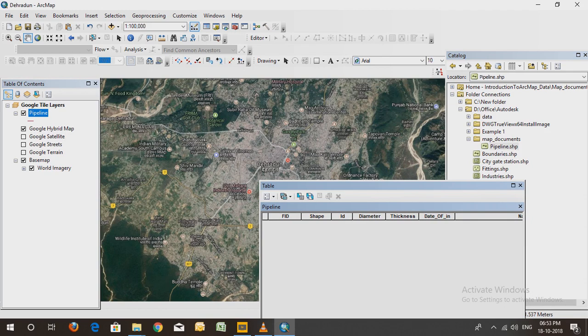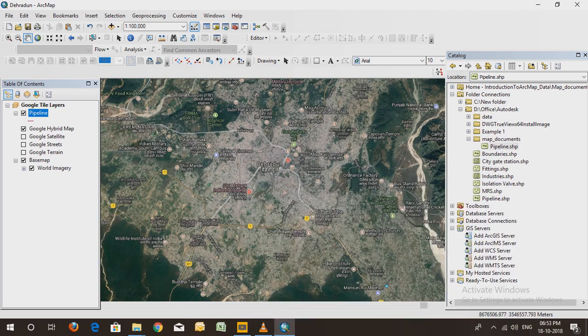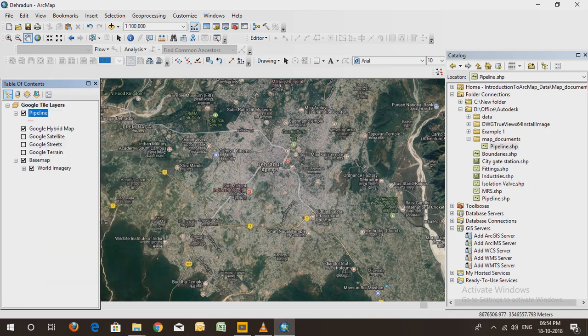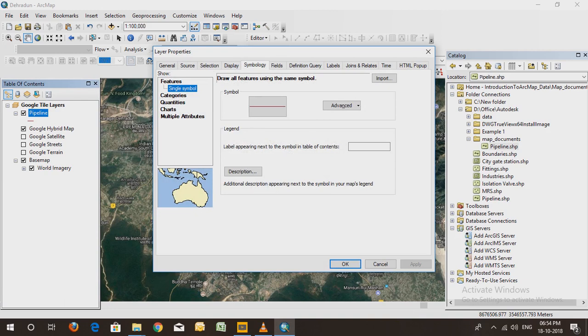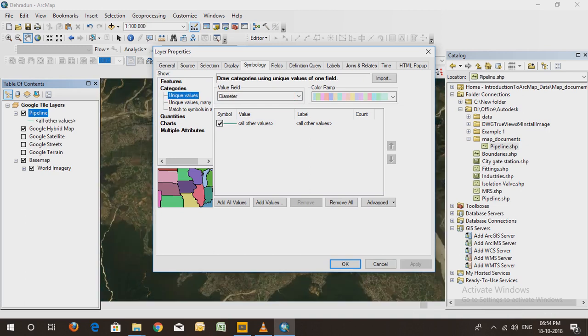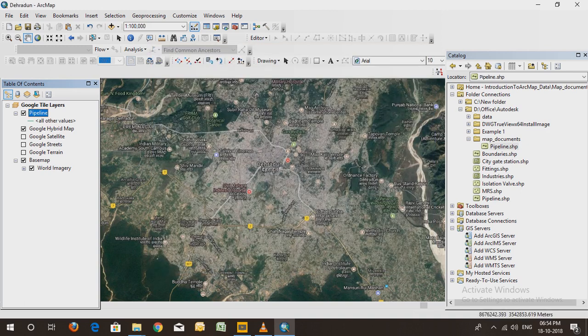So moving on, now we'll go to the table of contents. We'll go to the edit features. No, the properties. We'll go to the properties. Then we will go to the categories. So how you want to differentiate within the pipeline, like I want to differentiate with the material or with the diameter. So in this case I will take the diameter and I will click apply and okay,